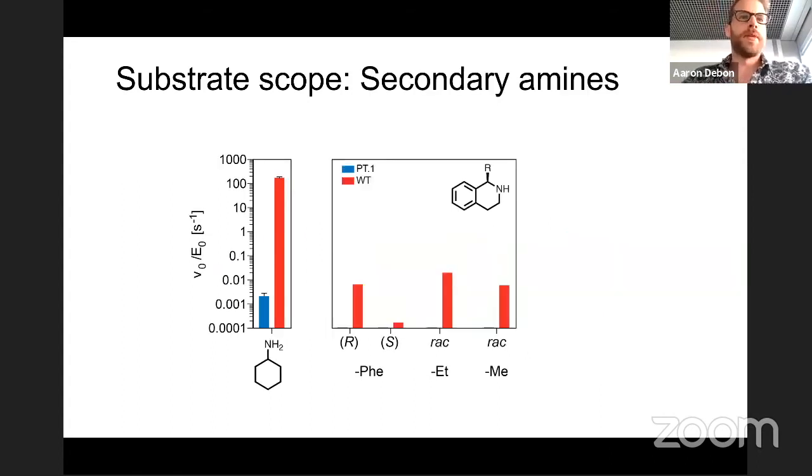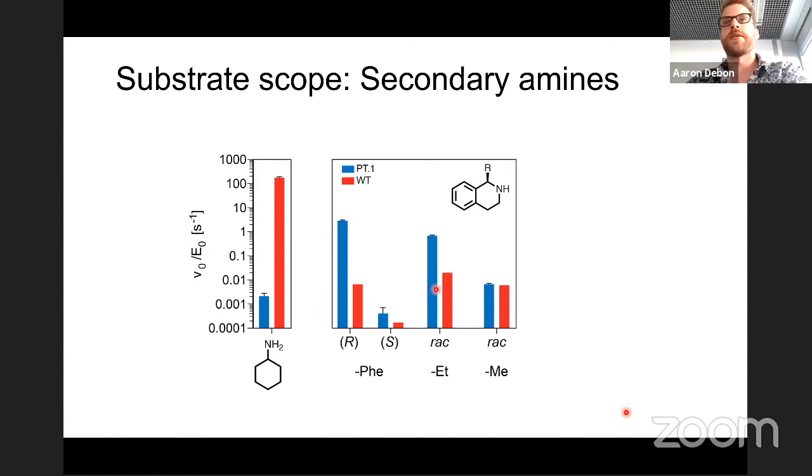For secondary amines, we can see that we have low activity for all of them with the wild type enzyme. However, through evolution, we've of course already discussed this part with the phenyl tetrahydroisoquinoline. We also have increased activity for 1-ethyl tetrahydroisoquinoline, but almost no increase in activity towards the methyl substituent here. So for some of these